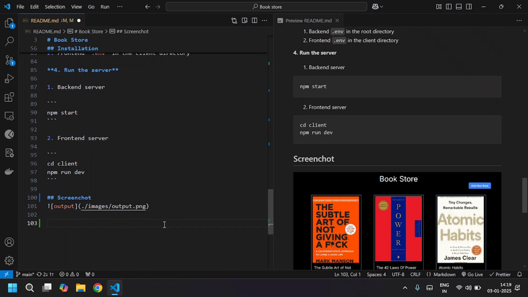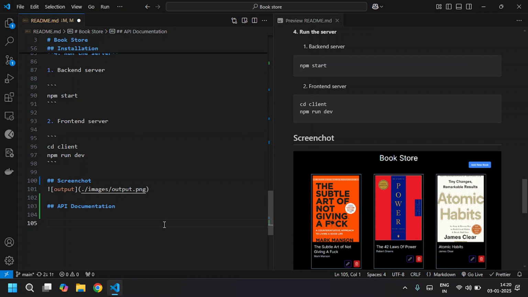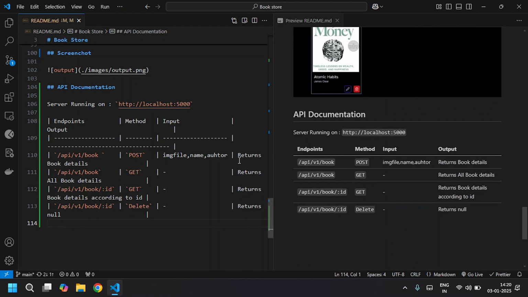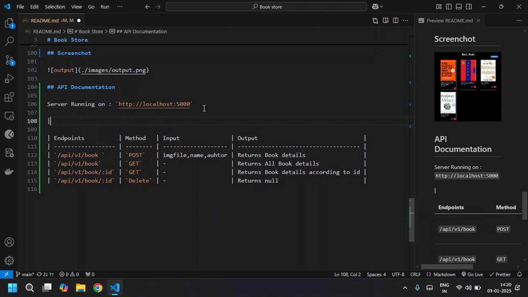For the back end, you need to also add another section, that is API documentation. You need to write a table and explain the endpoints and what outputs they should give. You need to add the table here to understand the API documentation and also for the endpoints. This one is a column header. For that, you need to add a bar and write the header column name, and also add the bar, add another